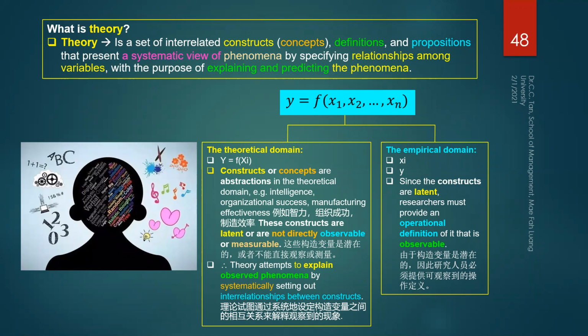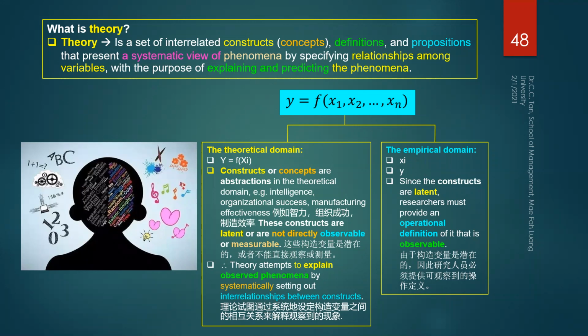And so mathematically, it is an interrelated set of constructs or concepts, which is x1, x2 until xn, that comes along with definitions and all the hypotheses or propositions that represent a systematic view of that particular competitive situation, okay, that allows you to predict the outcome, meaning you will win if you invest money on that function. So if you invest money on that function, you will generate returns on investment. Okay, right? And so from the research perspective, you have to understand one thing.